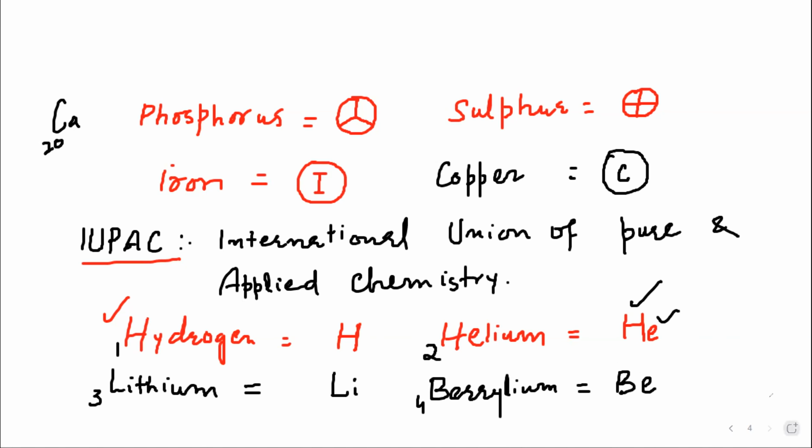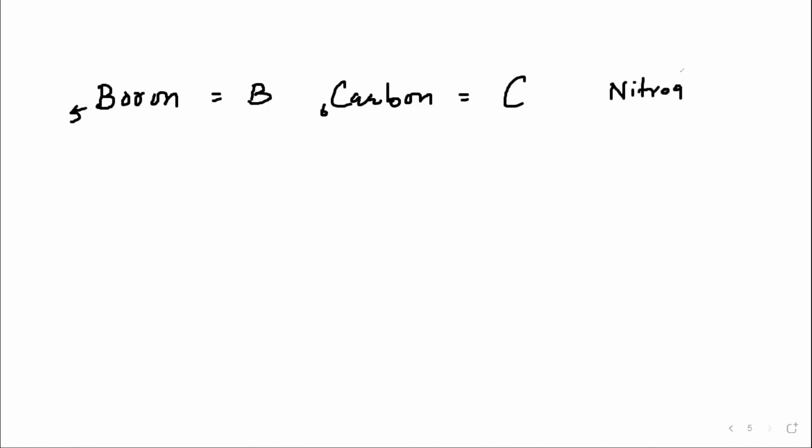Yes. Okay, then let's move ahead. The next element is boron. Exactly. What is the atomic number? 5. So its symbol is only B, right? Yes. Then we are having carbon. Carbon starts with the letter C, so its symbol is just capital C, right? Yes, sir. Very easy to write. Then we are having nitrogen. Can you tell me the symbol of this? N. Yes, atomic number is 7, so its symbol is N.